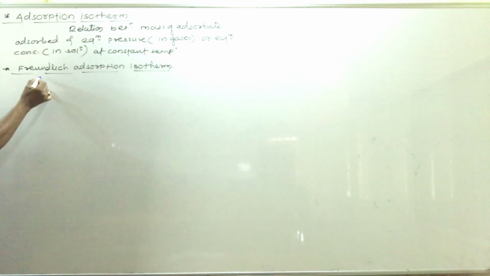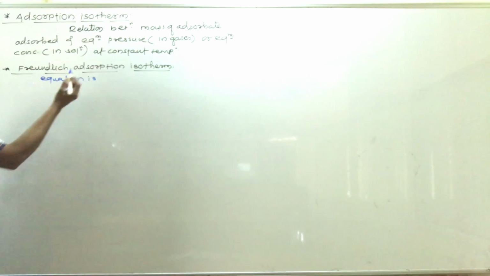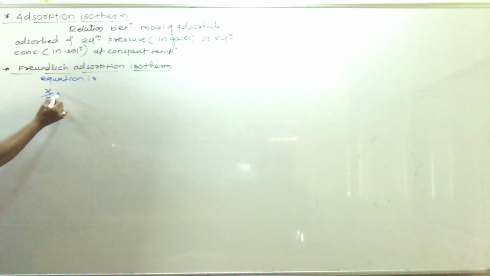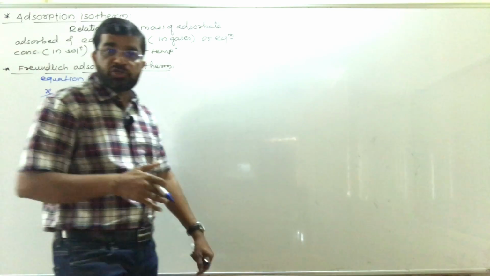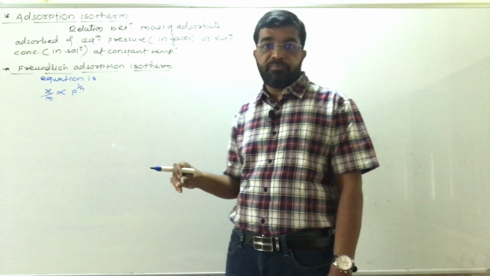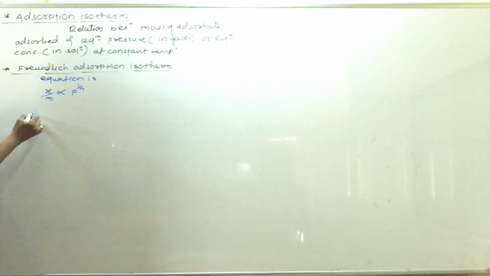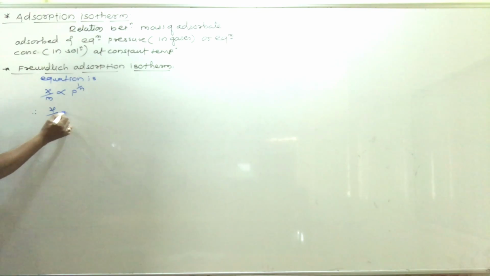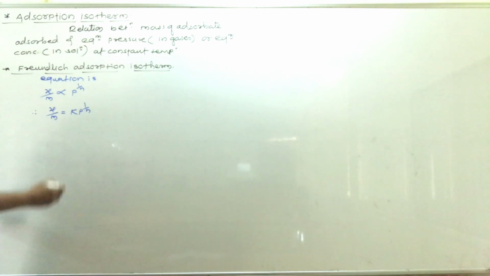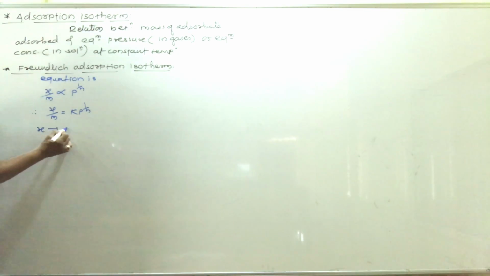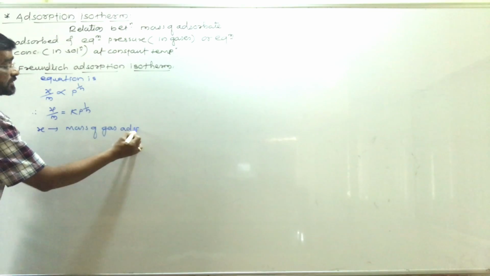The Freundlich adsorption isotherm equation is x by m is proportional to equilibrium pressure raised to 1 by n. Further this equation is shown as x by m is equal to k p raised to 1 by n, where x is the mass of gas adsorbed,